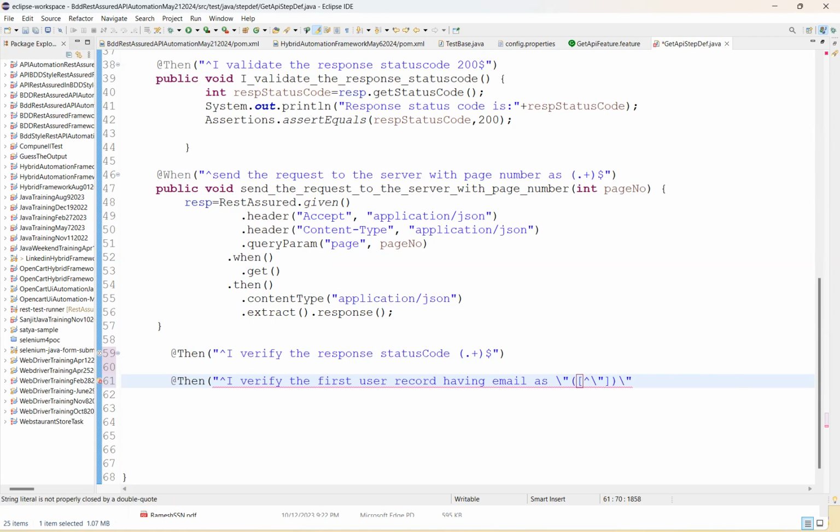So this is how it will handle. Then you have to put the dollar symbol here. The end of this will tell you it's the end of the step. So the dollar will tell you the end of step. So this is how to write. For this, write the methods. Public void